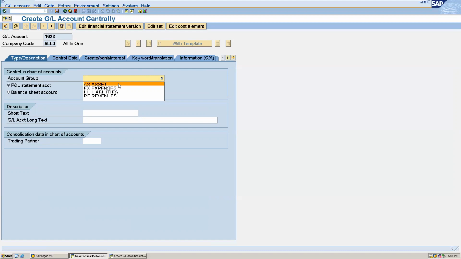The account group for this will be asset. It's a balance sheet item, and this is a reconciliation account. APC equipment.